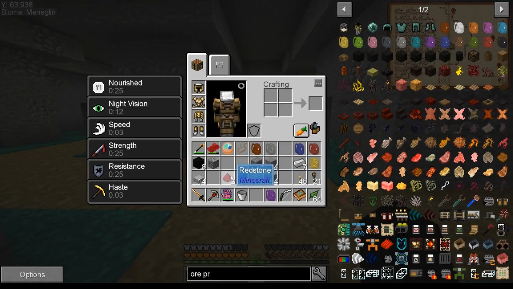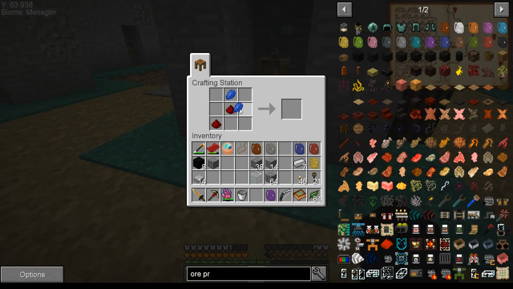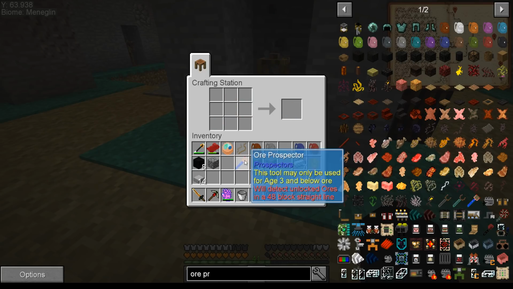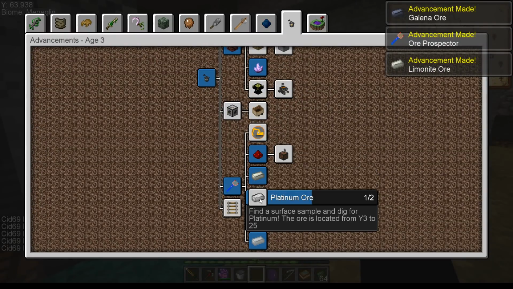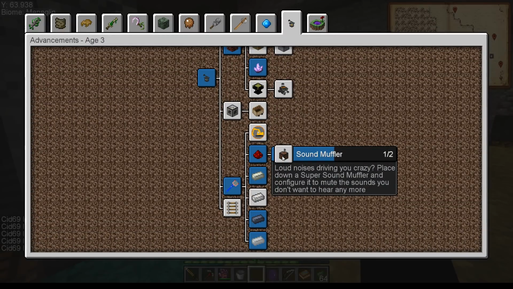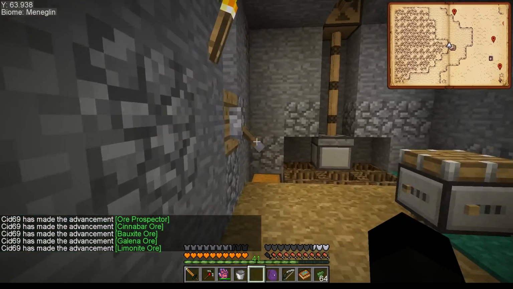We have got a number of things we need to do. First things first, I need to craft the Tier 3 ore prospector, which I've done the wrong way around. So that was what was actually blocking these. We still need to do a platinum ore because we've not found any more, but there's a whole load of those, and then there's a sound muffler. Ooh, place down a sound muffler and configure it to mute the sounds you don't want to hear anymore. I like the sound of that, mainly because